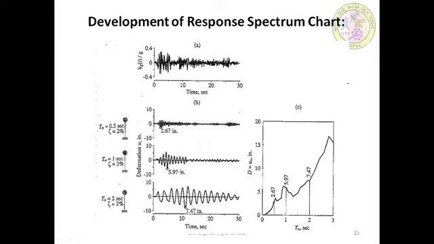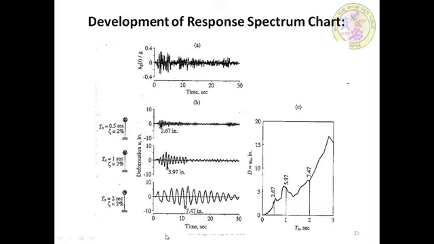In order to explain the procedure for the development of a design spectrum chart, a typical time history of accelerations with 2% damping may be considered. So the 2% damping is considered, and you can see the 2% for the different time periods. The first time period is 0.5 second, then 1 second, then 2 seconds. According to that, the deformations can be